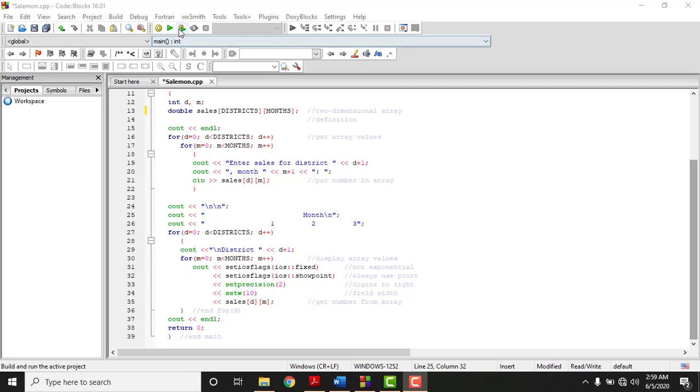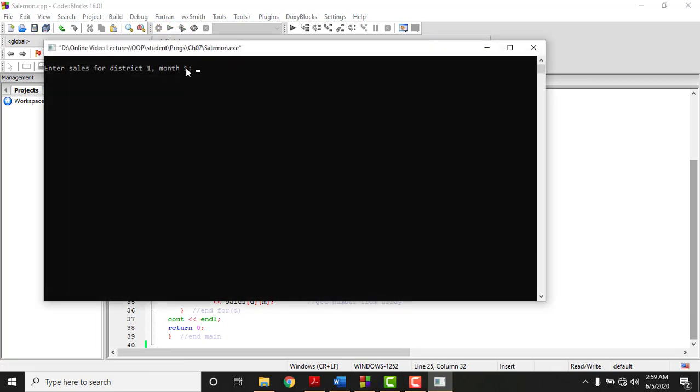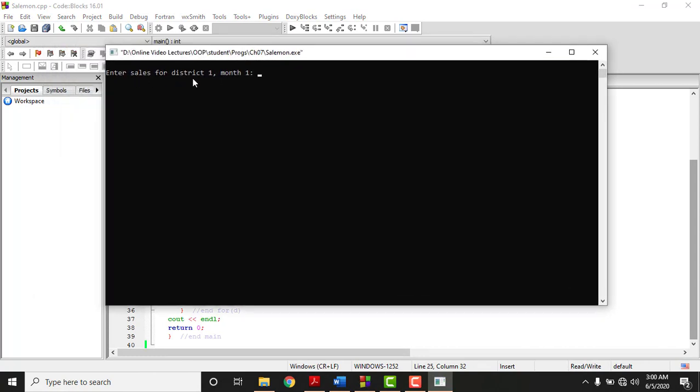Now let me run this program, and so it asks me to enter the information for the first district and for the first month. So 12. Now first district and second month, I'm just giving an arbitrary number, so 45. Then first district and third month, and say 17 here. Now we have the second district and again first month, so let's say 15. Second district and second month, so let's say 17. And second district and third month,